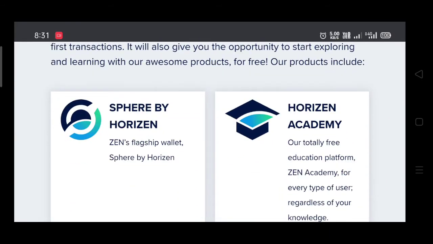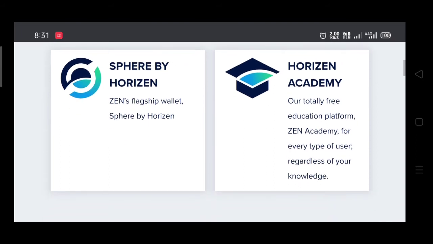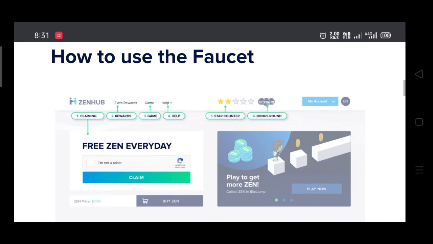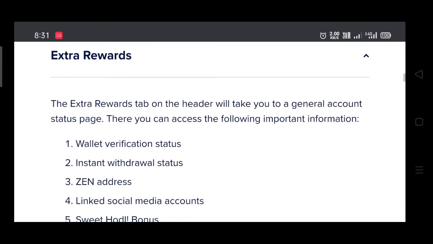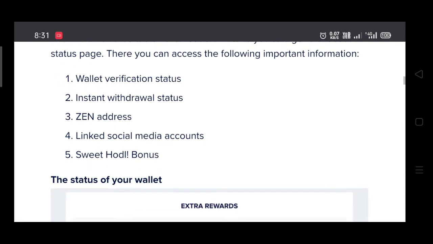Here you can download Spare by Horizon and see how to use the faucet. You can claim extra Zen after submitting and verifying your wallet, linking social media accounts, and holding Zen.